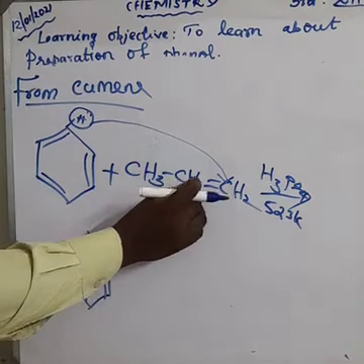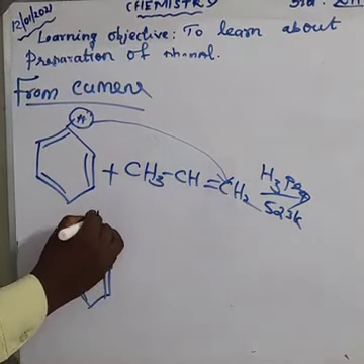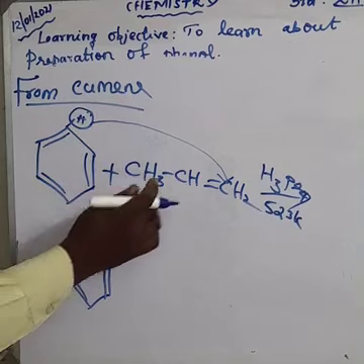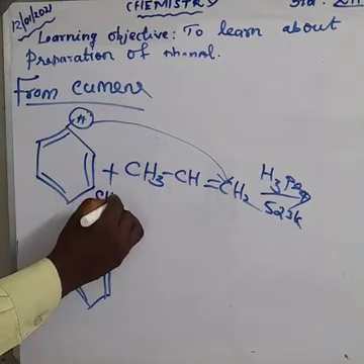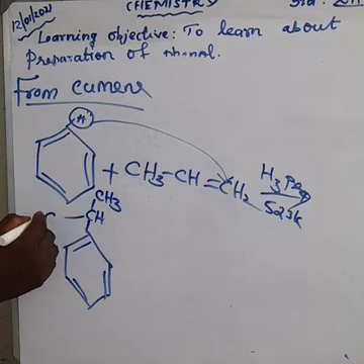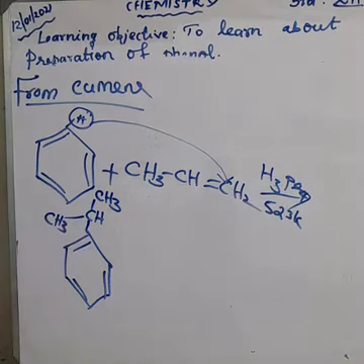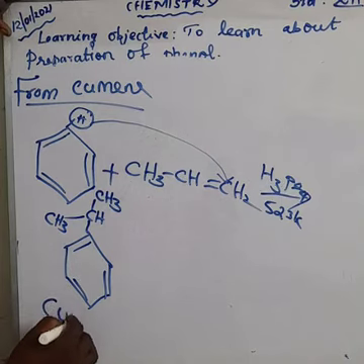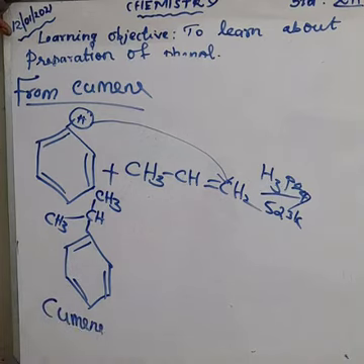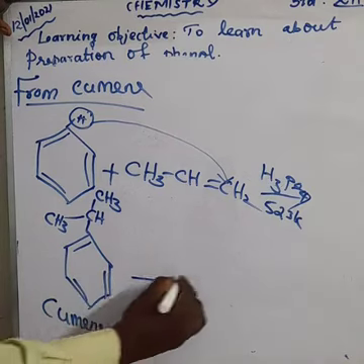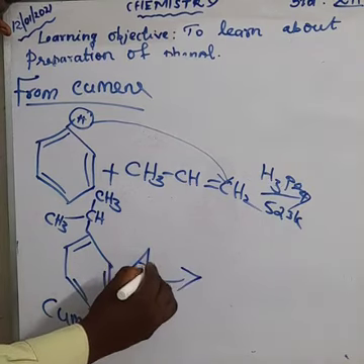I am drawing the center here, CH. On the top, this CH3 methyl group, and one more methyl group on this side. We get one of the compounds called cumene. The name of the compound is cumene. This cumene reacts with air